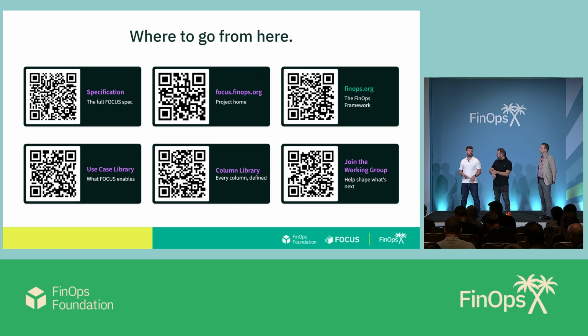I can take this one. We are actively working on which dimensions. One way to solve it is to add additional Focus-defined properties within SKU price details. The idea of what you're describing, model name, model family, model variant, are things that are on our radar. Again, the PR is not merged yet, so nothing's final, but that is a way that we're thinking of solving it.